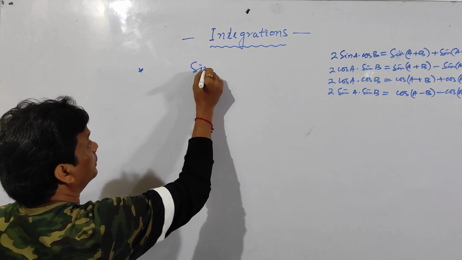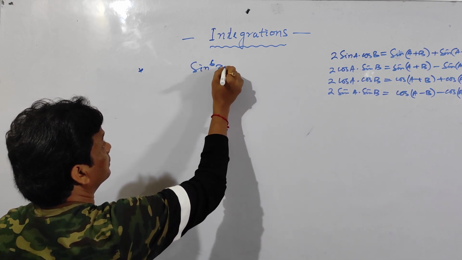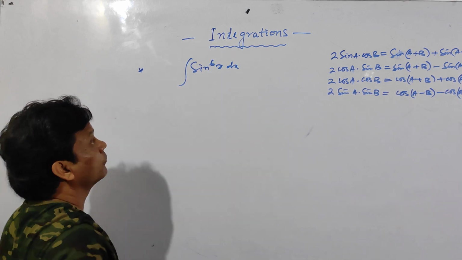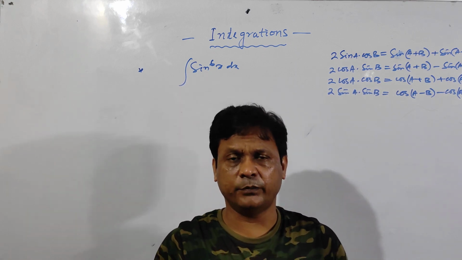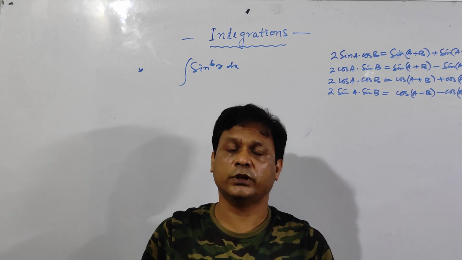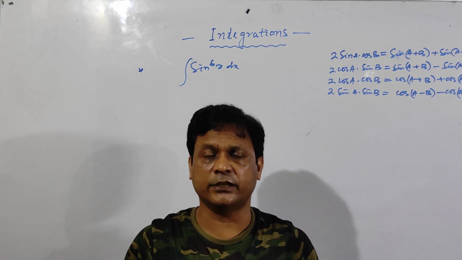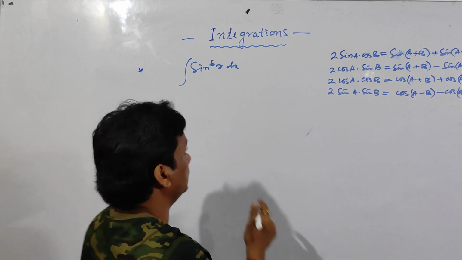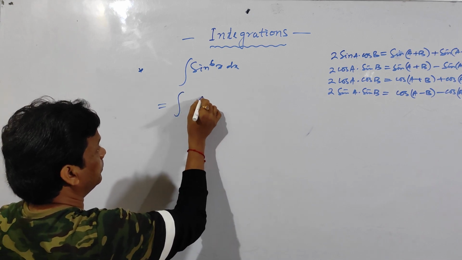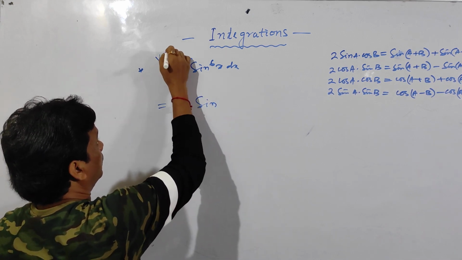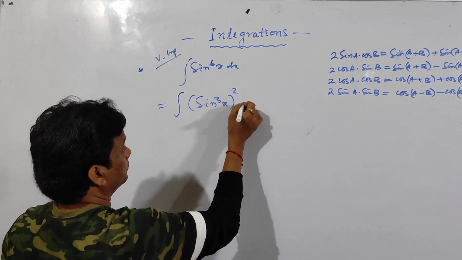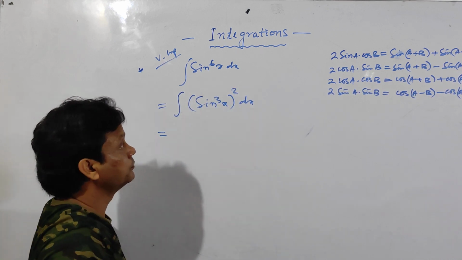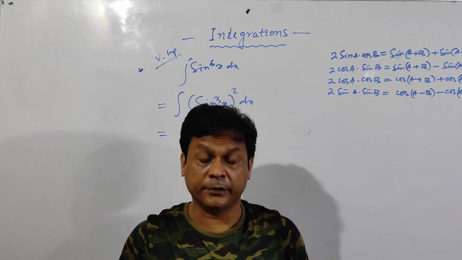How to find the integral of sin 6x dx. You can do, as in my previous video I have told you, take sin square x whole cube. Sin 6x, you can write as sin square x whole cube. But instead of that I am taking, this is very important, sin cube x whole square. This is a special type, special case.